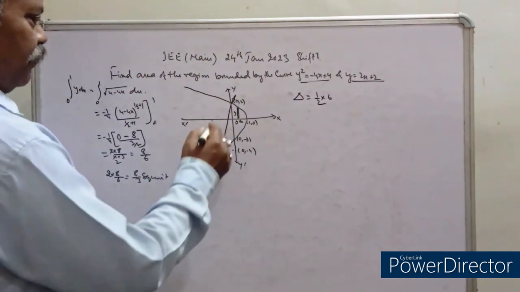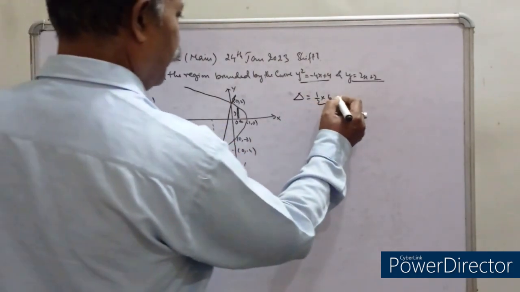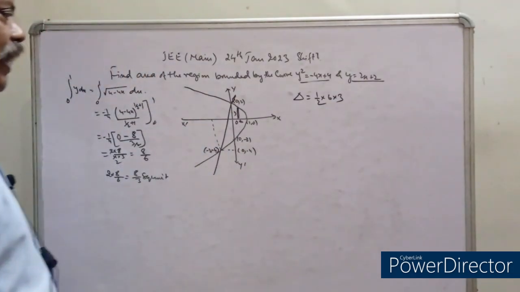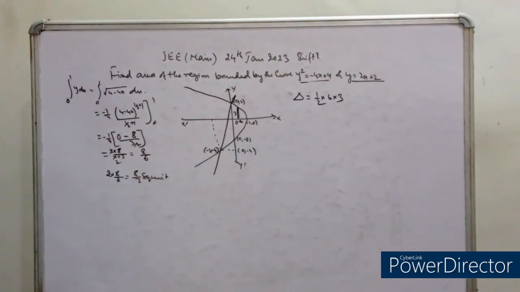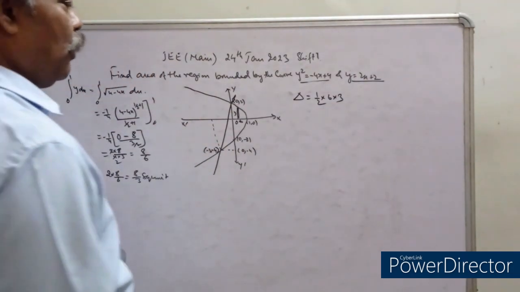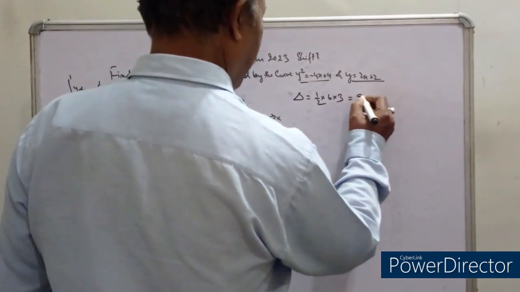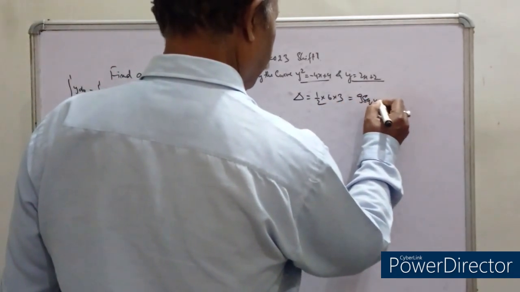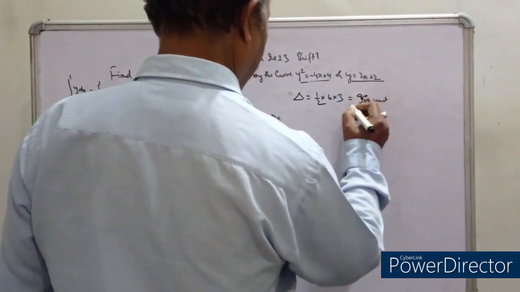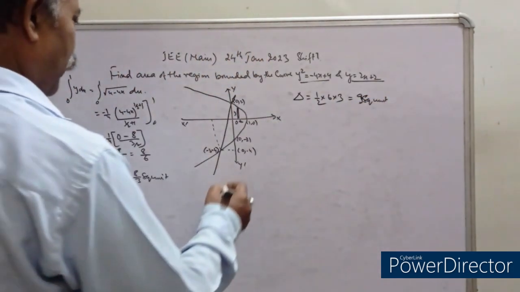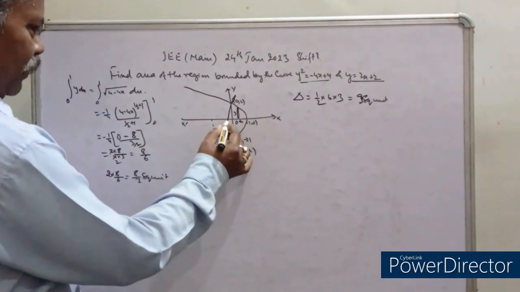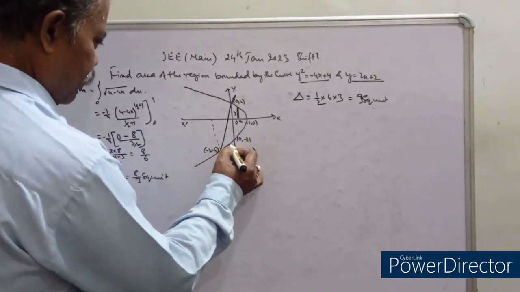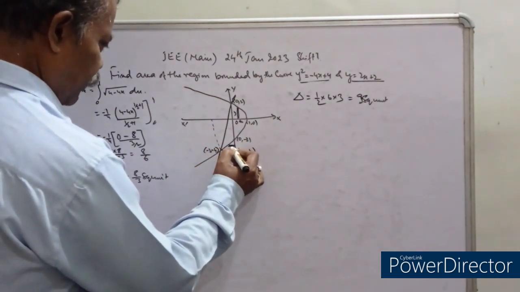So your height will be 3, because you know that area is a scalar quantity, so there is no need of sign. So this becomes 9 square unit. Now what we have to do from this area, if I subtract this portion, that is y dx,